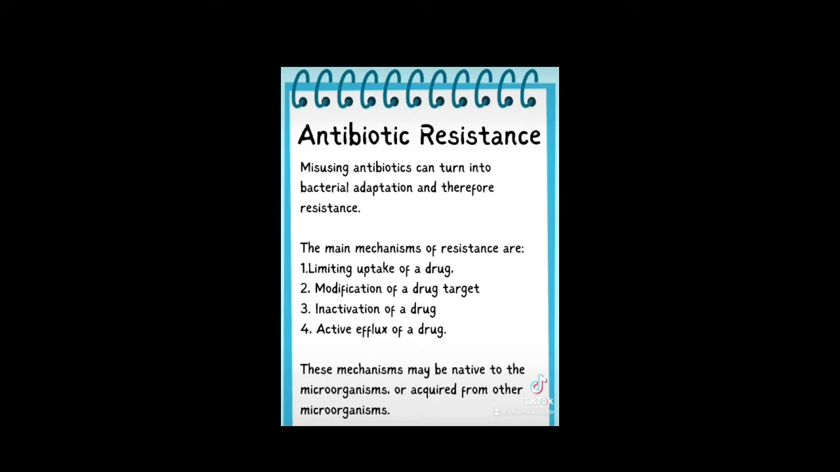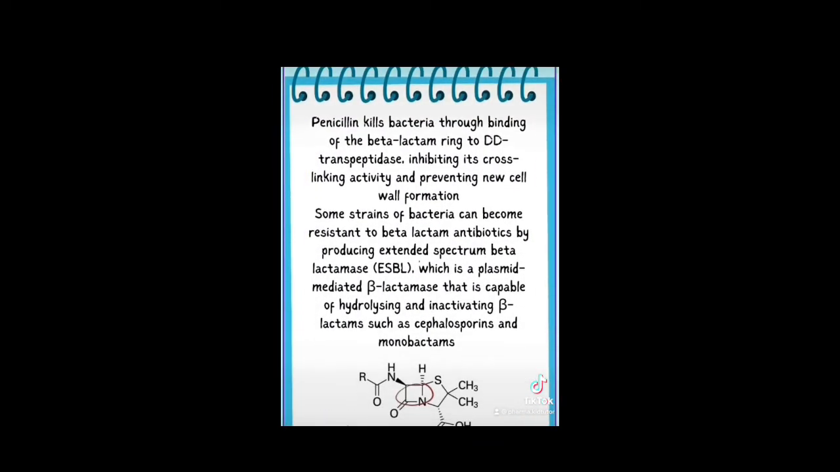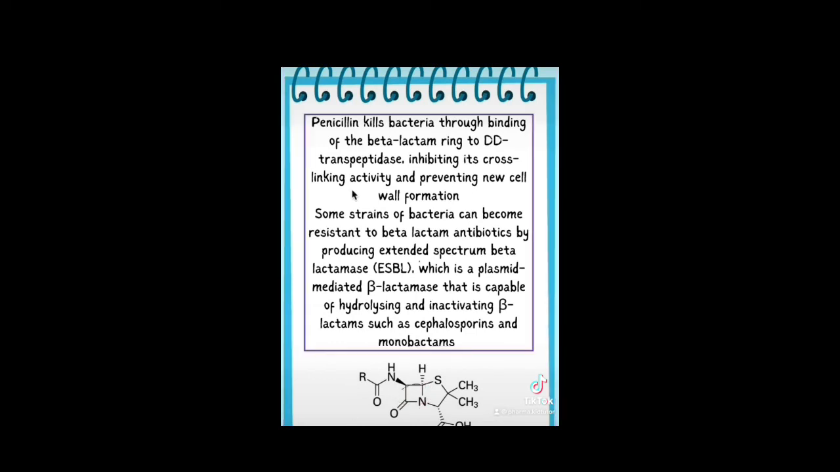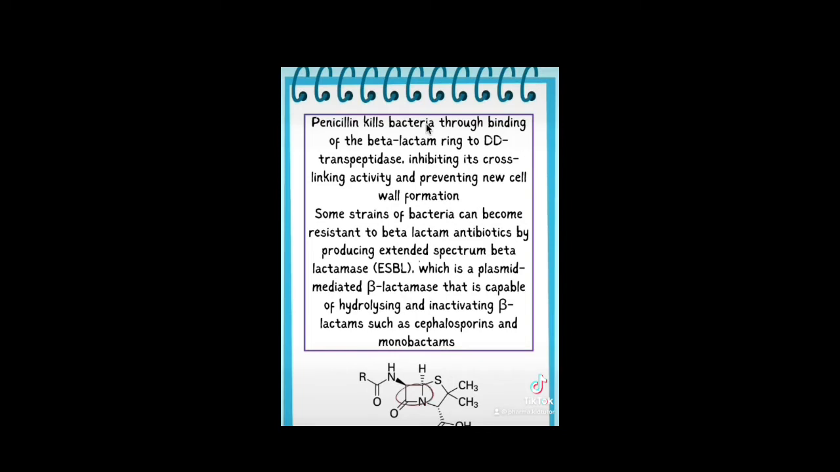So these mechanisms are either in the microorganism itself, or the bacteria, or they're acquired from other microorganisms. Now, let's take an example of an antibiotic. For example, penicillin. Penicillin kills the bacteria. How does it do that? The beta-lactam ring binds to the transpeptidase in the bacteria, and this inhibits the cross-linking activity and therefore prevents new